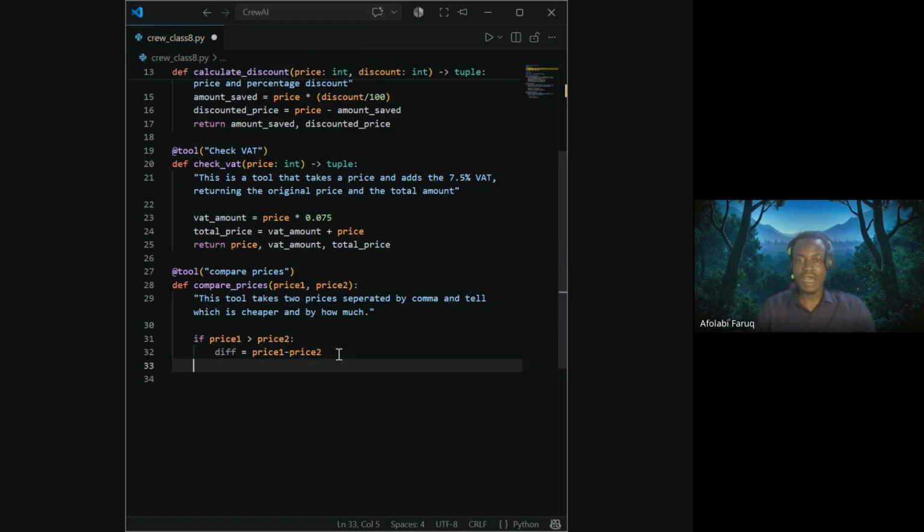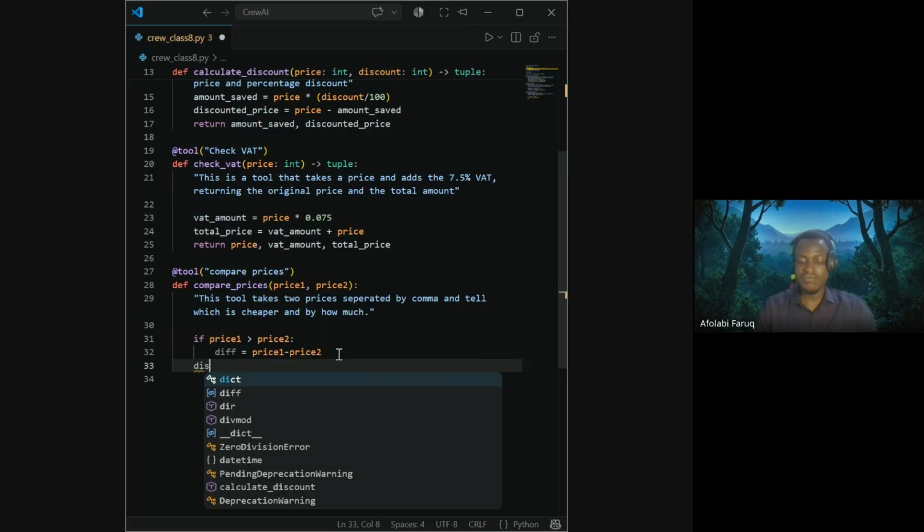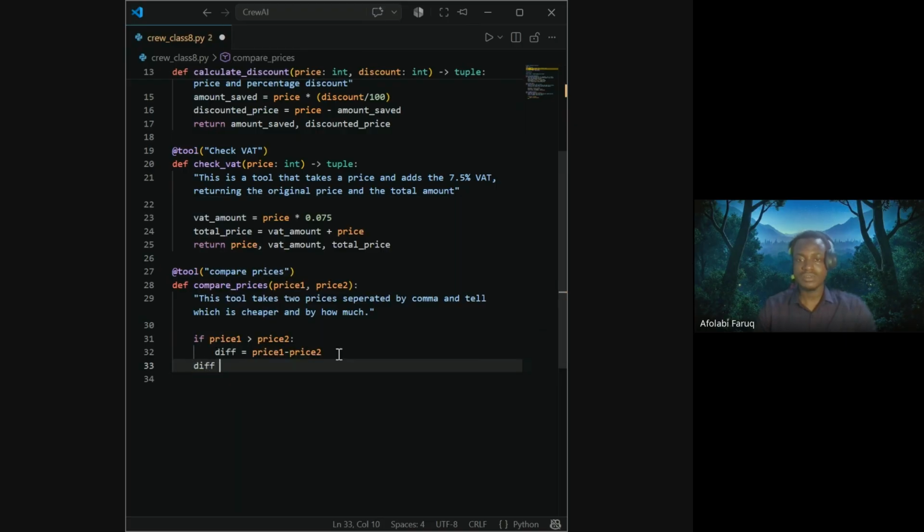Else we have diff equal to price two minus price one. So I think we get that, right? Yeah. So then after that,